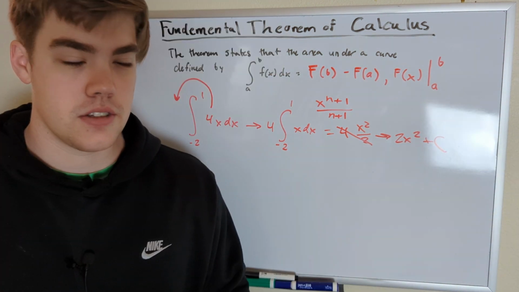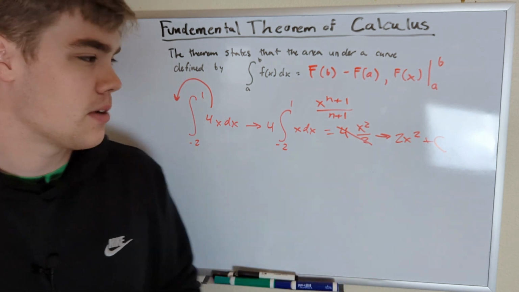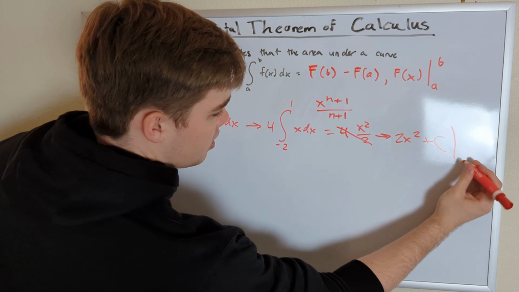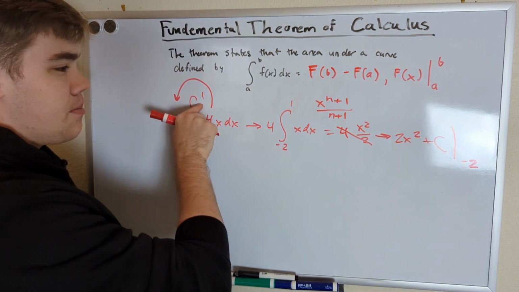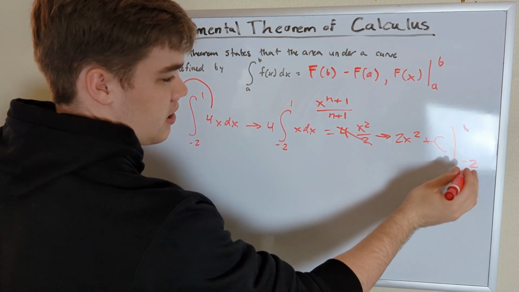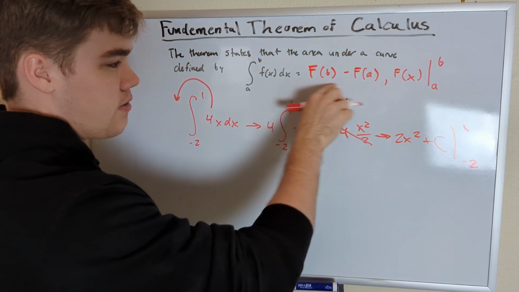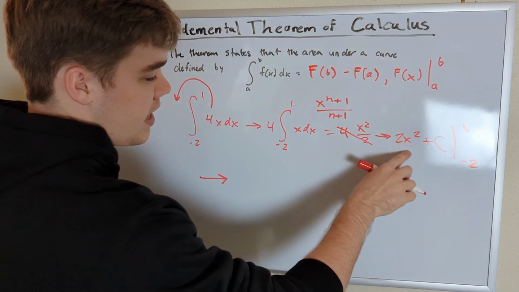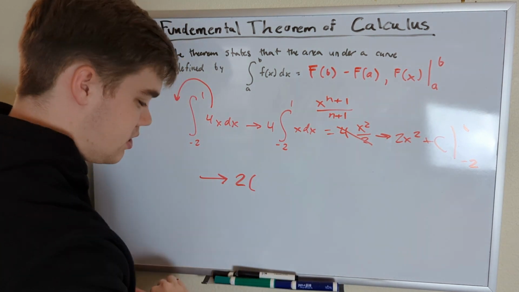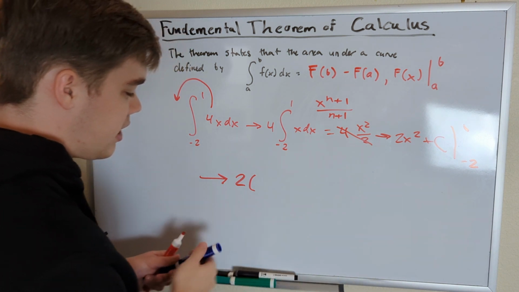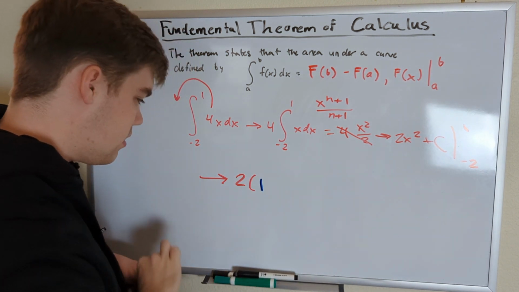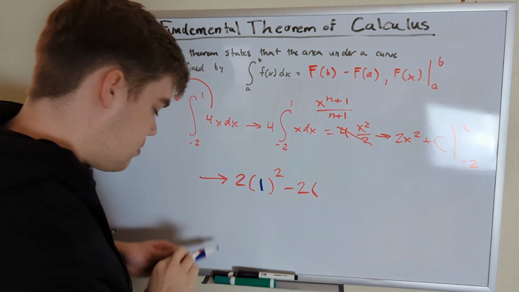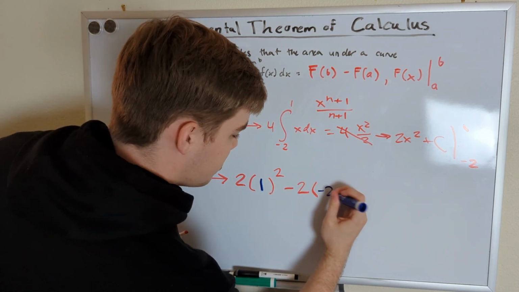Now whenever we use the fundamental theorem of calculus, we don't have to worry about this plus c. So what we're going to do is write our little line here. Our a value is this bottom value, which is -2, and our b value is up here, 1. And now we just need to plug in 1 and -2 into here using our fundamental theorem of calculus. So let's write that down here. F of b is plugging in 1 for x, so this is 2 times, and I'll use a different color here to distinguish the value we're plugging in, 2 times 1 squared minus 2 times, and then our a value, -2